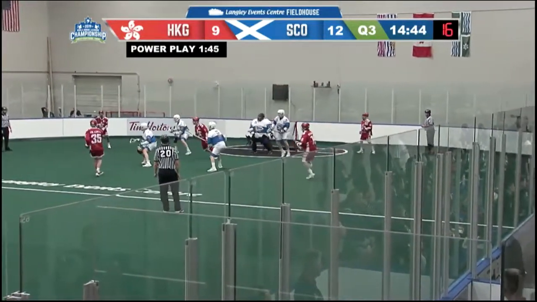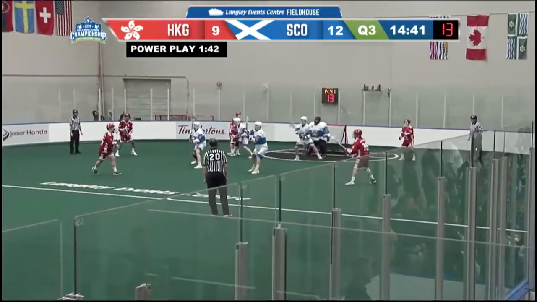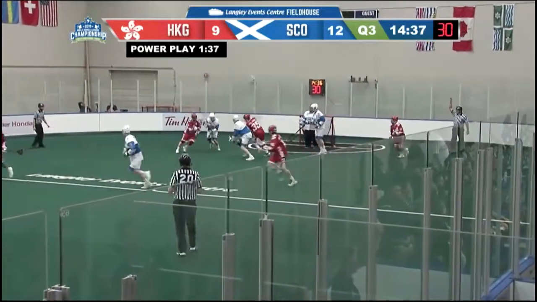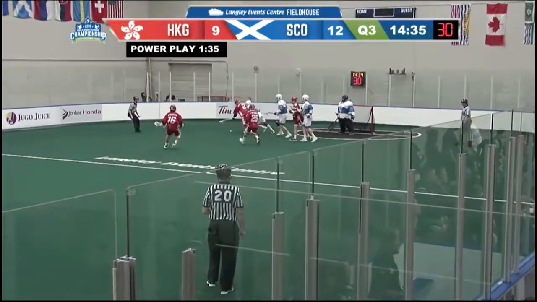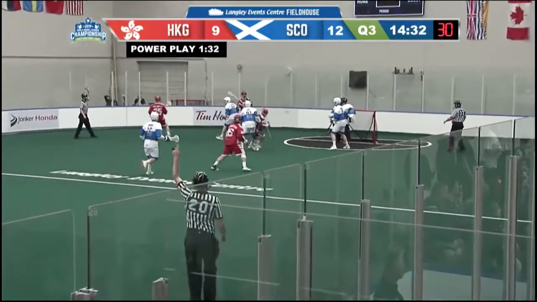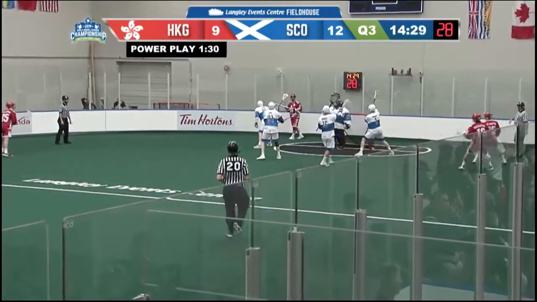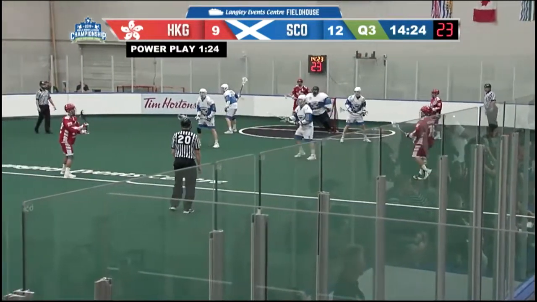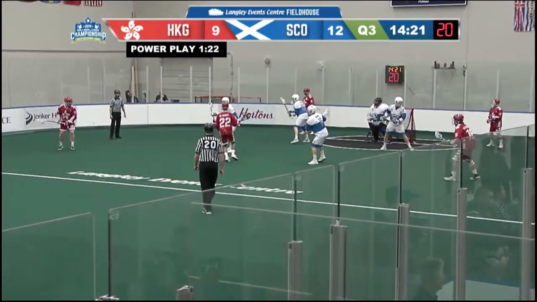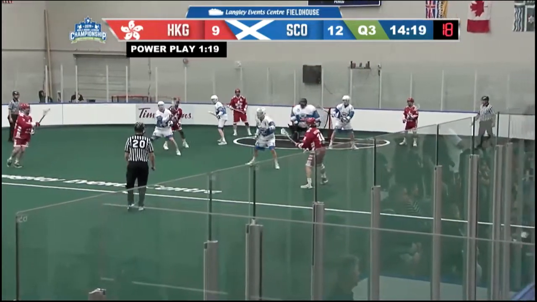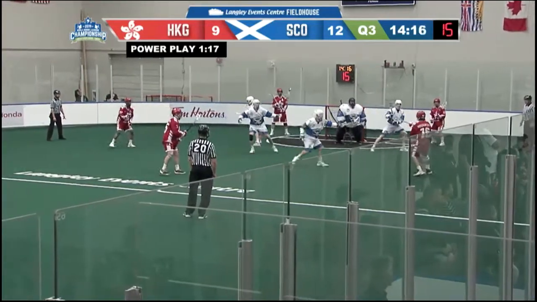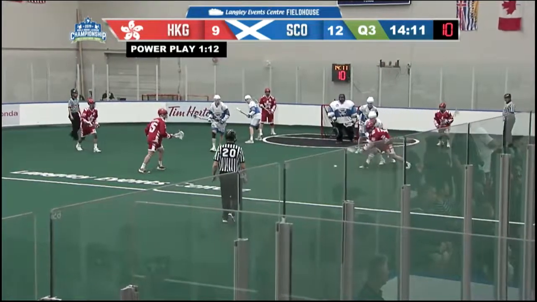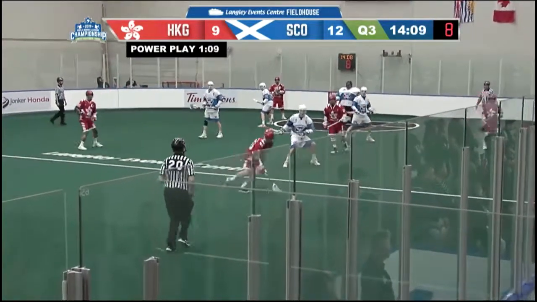That's the penalty at the end of the third quarter, still reading the third quarter on the clock, but by my count, it's the fourth quarter. But anyway, 30 seconds in. 12-9, Scotland leading. Hong Kong with possession. Houghton takes the pass along the right side, whips it across left side as Hong Kong moving it around. Houghton having trouble with it. Murray giving him trouble.